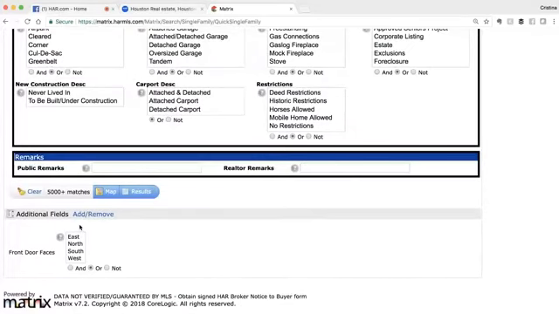At the bottom of the search form, though, this is where it really can come in handy too. If you see where it says additional fields, I can add additional fields to this search form, okay? So, for example,